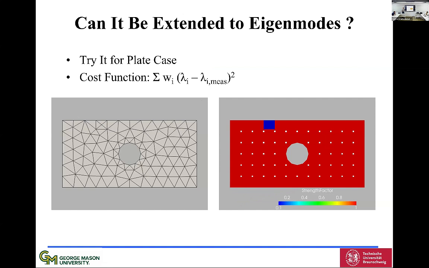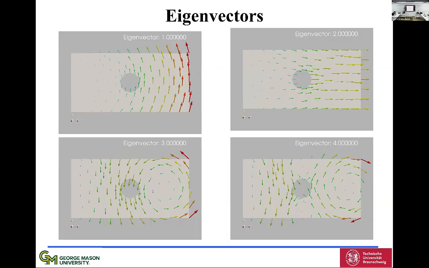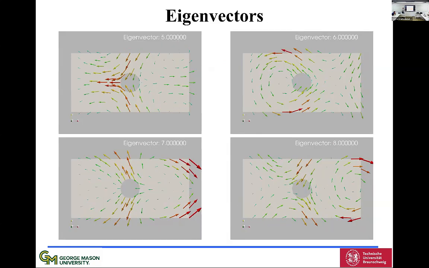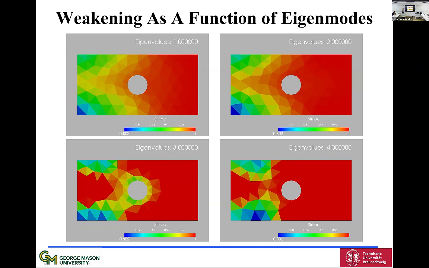Okay, can it be extended to eigenmodes? So we say, okay, let's have a cost function where we have weights and then the difference between the measured and the computed eigenmodes. This is the classic way that people have tried for bridges and so on. Well, let's assume we have this weakening here. We compute the eigenmodes for this. And then lo and behold, if we put just one eigenmode, we get this as the